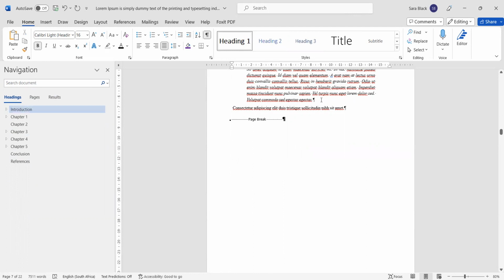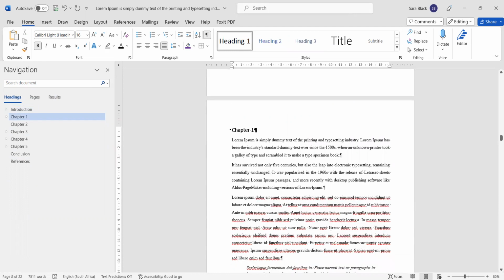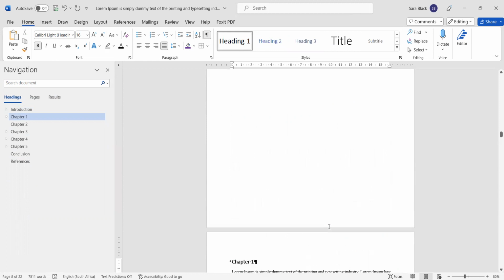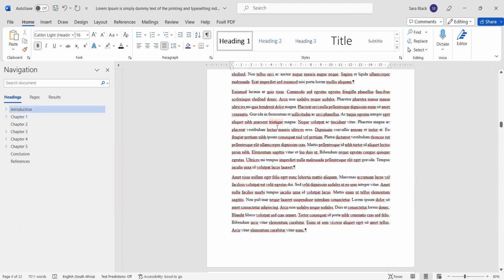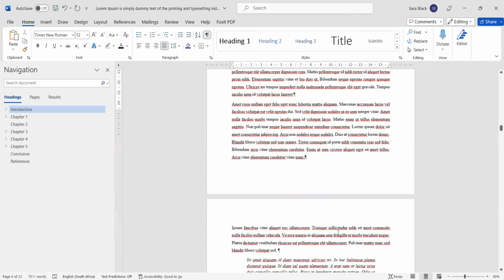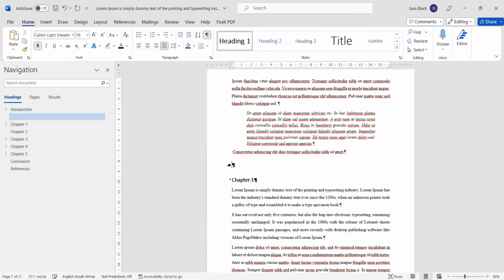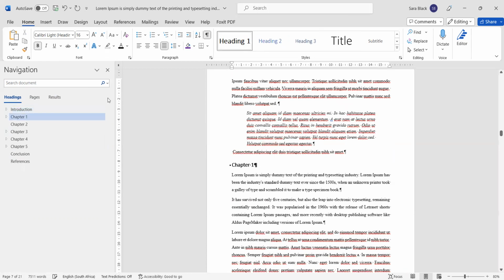Use a page break. So I can just use a page break. It shoves the next section or the next chapter onto a new page, but it does not create a new section for me. So any features, any properties I apply to this section will apply to the next one as well. Another option I have is to go, no, please insert